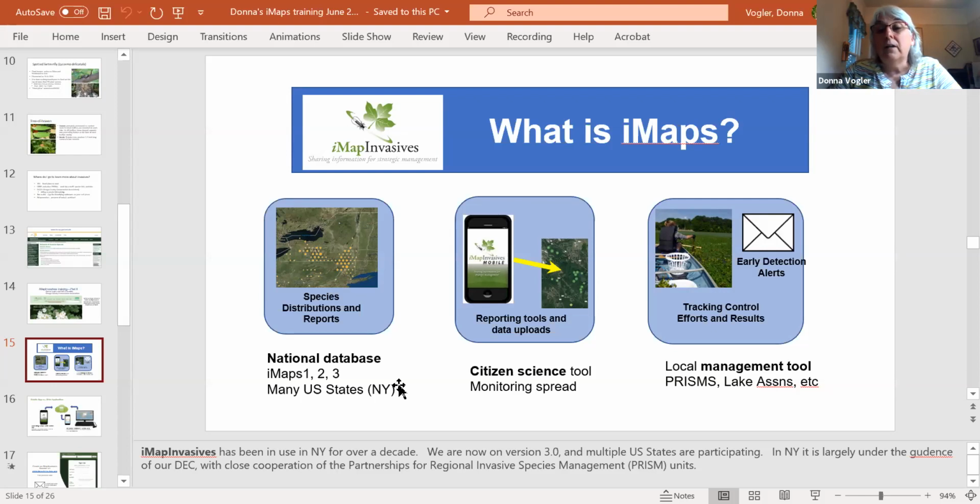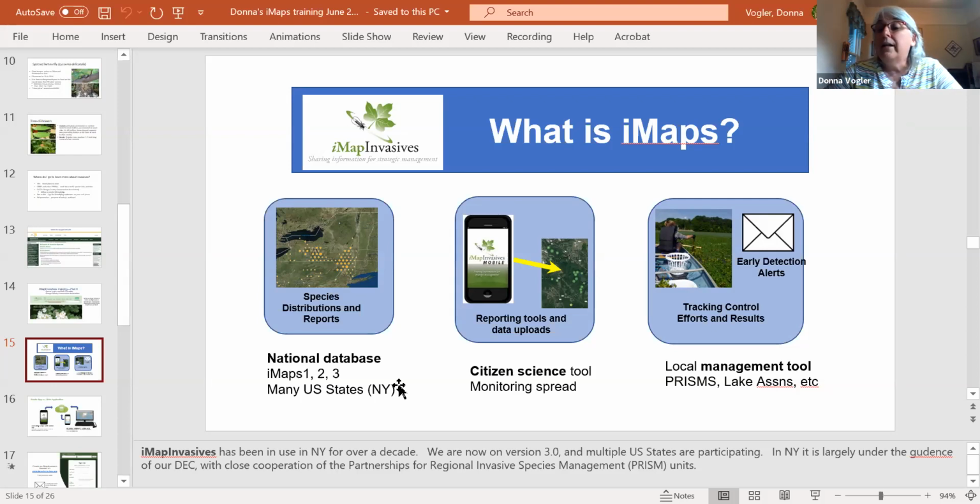Now, if you're just doing it as a lake steward, you don't really get a chance to get that end of it, the sort of the tracking and the management. But say if you have a lake that is overwhelmed with some invasive, and you try a concerted effort, in iMaps, you can track the success or failure of the methodology that you're using. You can also manage to have early alerts. If you're somebody who's interested, say, in woolly adelgid, you can sign up to be alerted anytime someone finds a new woolly adelgid site, and you get an email alert for it. And this is helpful for people tracking particular species.